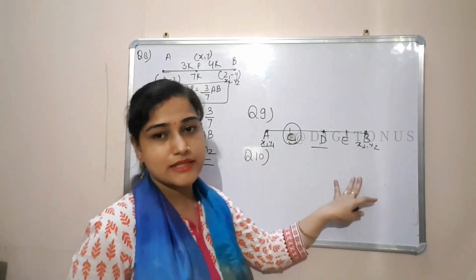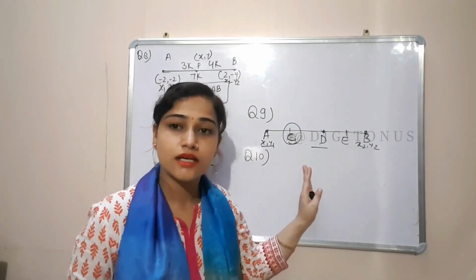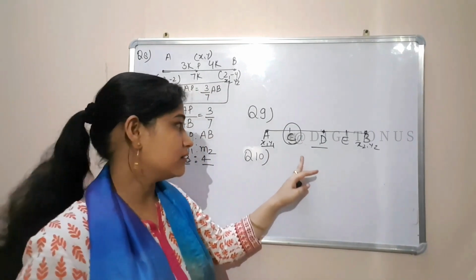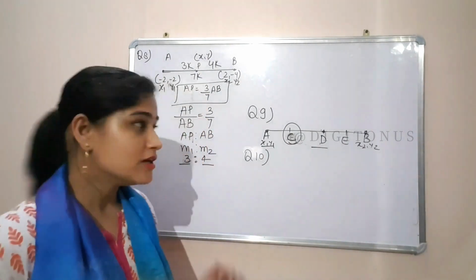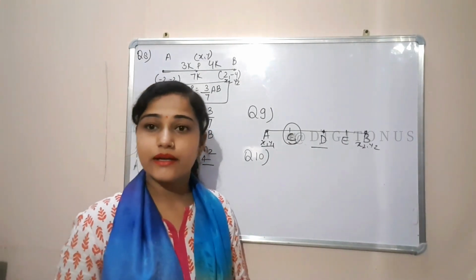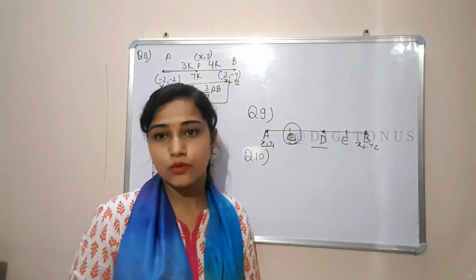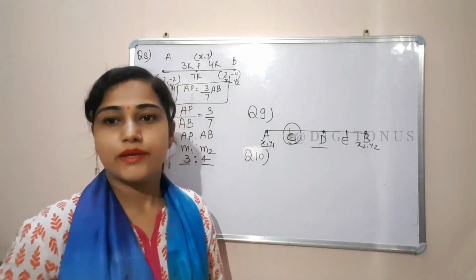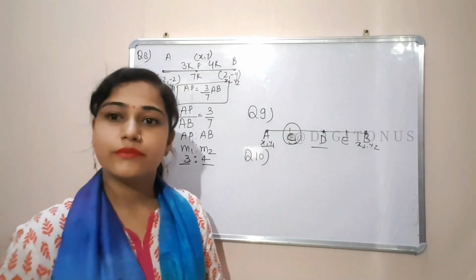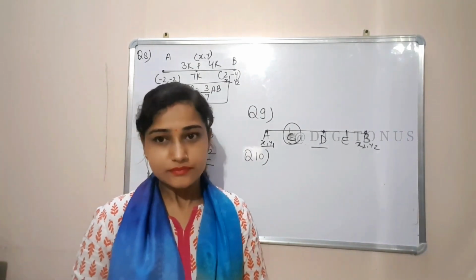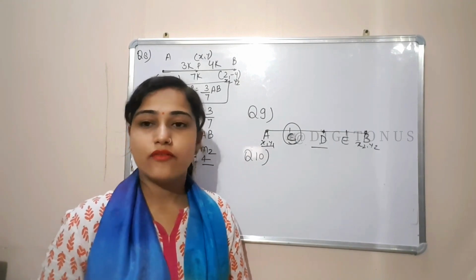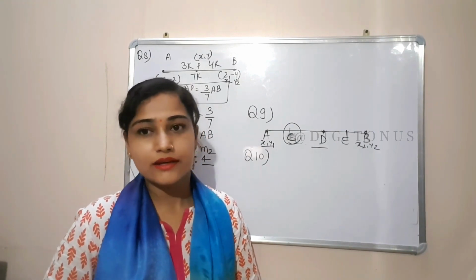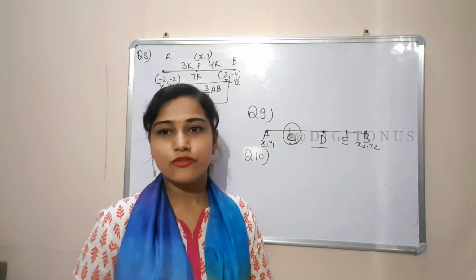And if you want to apply the section formula, then you have to change the M1 and M2 values according to the points. Fine. So this chapter is completed according to this year's board, because this year CBSE has reduced 7.3, the area of triangle topic. Now you prepare for half yearly, but the area of triangle topic we will also cover later in part 5. Thank you for watching.